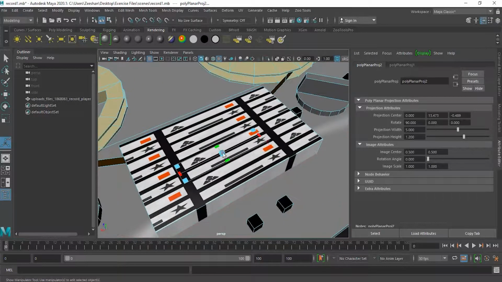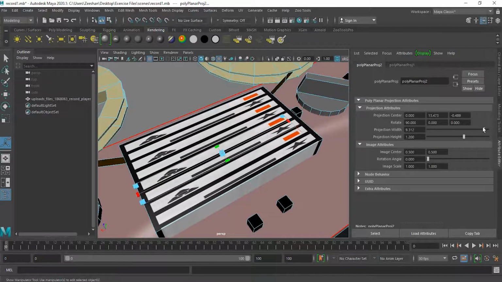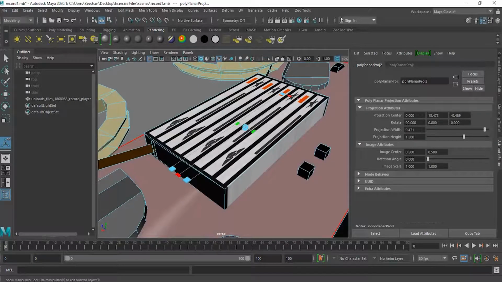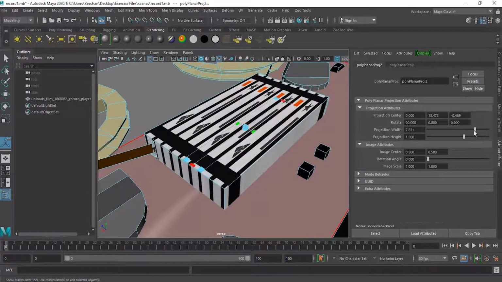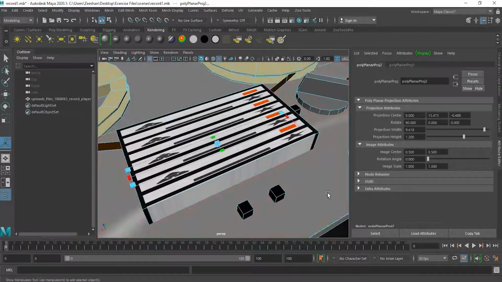It is repeating. The reason it is repeating is because the size of this plane is small. So here you will see projection width and projection height. If I increase the projection width, you can see that it is increasing as a width. I will increase it so that I get rid of this repetition over here. I want to increase it more so it reaches the border, and I will do the same thing with